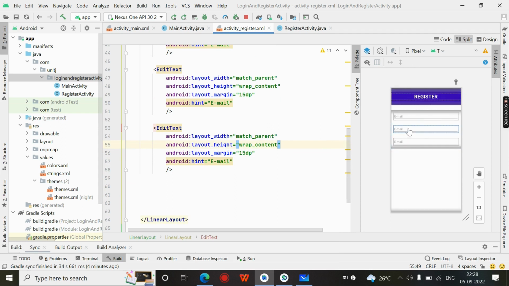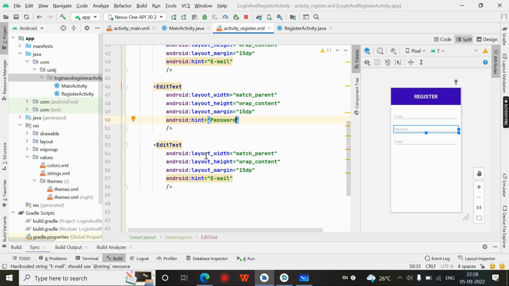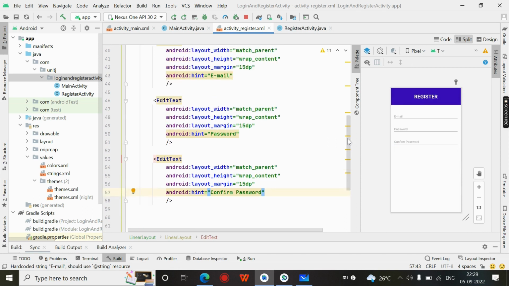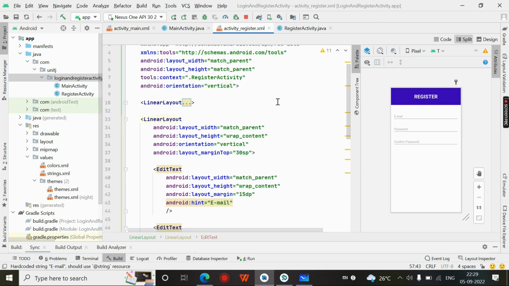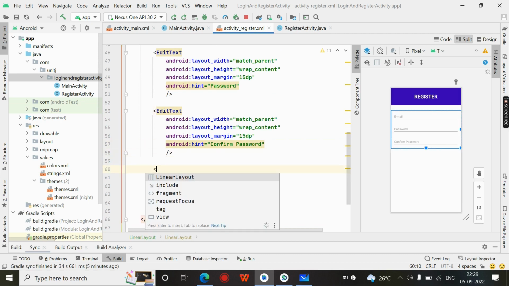Okay, the first one is for email, the second one is for password, then the third one is for confirm password. We make it the hint. If you want to add something, wait a second, last we will add. After that I add a button